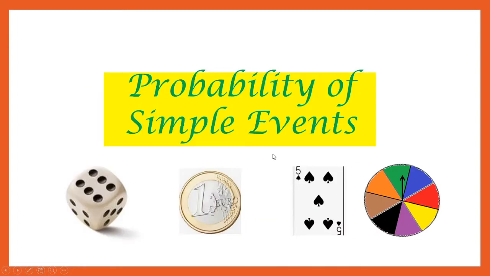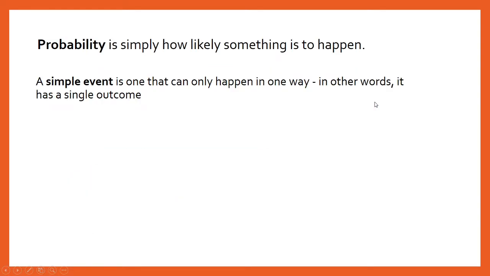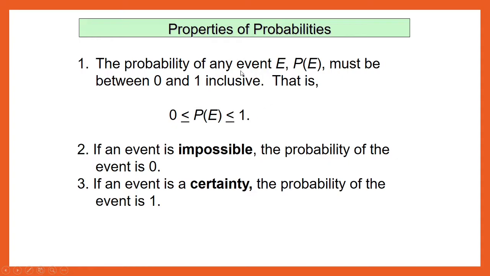Okay, so, from that, let's proceed to probability of simple events. So, let's recall the definition of probability. Probability is simply how likely something is to happen. So, ano yung pwedeng mangyari in the future. Whereas a simple event is one that can only happen in one way, or in other words, it has a single outcome. And for the properties of probabilities that you learned before,